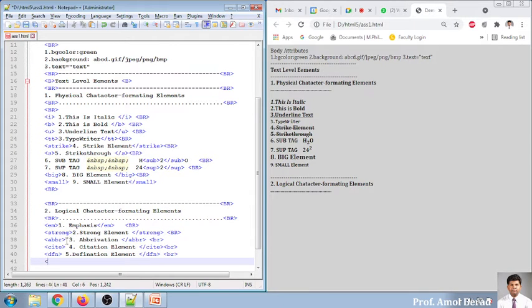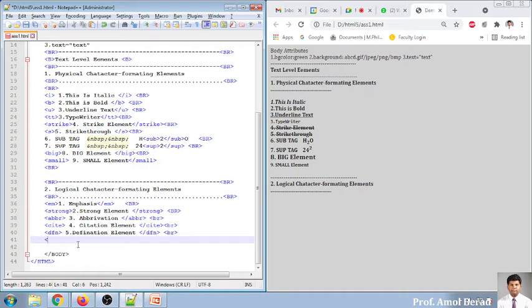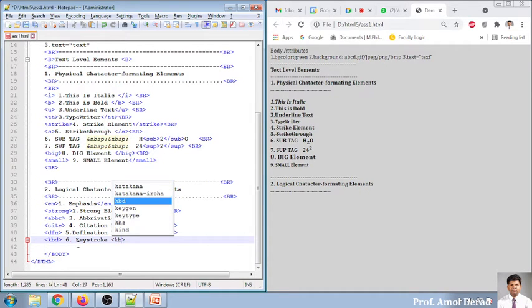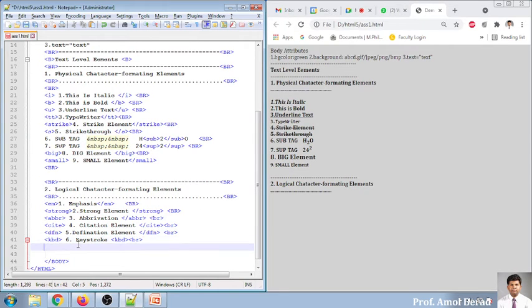Sixth one, keyboard, K, B, D. This is the keyboard tag, and it is the sixth one. Keystroke. So physical, not logical, values will change. That will show immediately after this execution. So KBD, keyboard, and I'm using BR for moving to the next line.